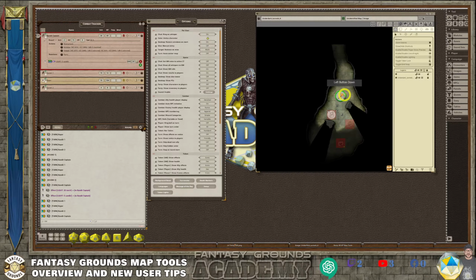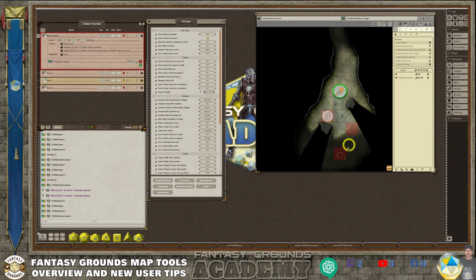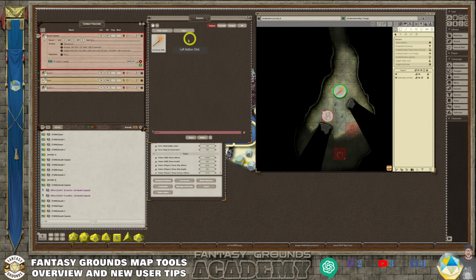So let's say he drops that there. He wanted to do that just so that his players, or his companions in this case, have light. So that would be a good use case. If you're going to do the light spell or throw a torch around, that'd be the way to do it. So again, you have to go into your assets, and then you have to go into your tokens